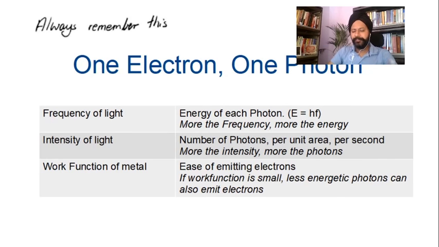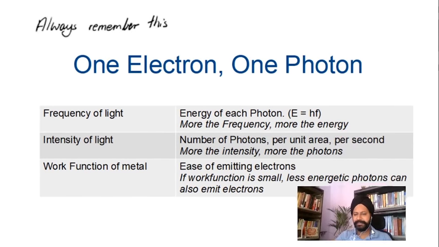Now, a few things before we start doing the questions, and this is where most students make a mistake, which is why I have summarized everything here. This is the summary of what I have seen over many years of teaching. Many students go wrong with this. One electron, one photon, as I was saying. If 3 electron volts is needed, you cannot say I will take 2 electron volts of photon and another one of that, combine them to make 4 electron volts and give it to the electron. You cannot do that. So one electron will take one photon or no photon at all.